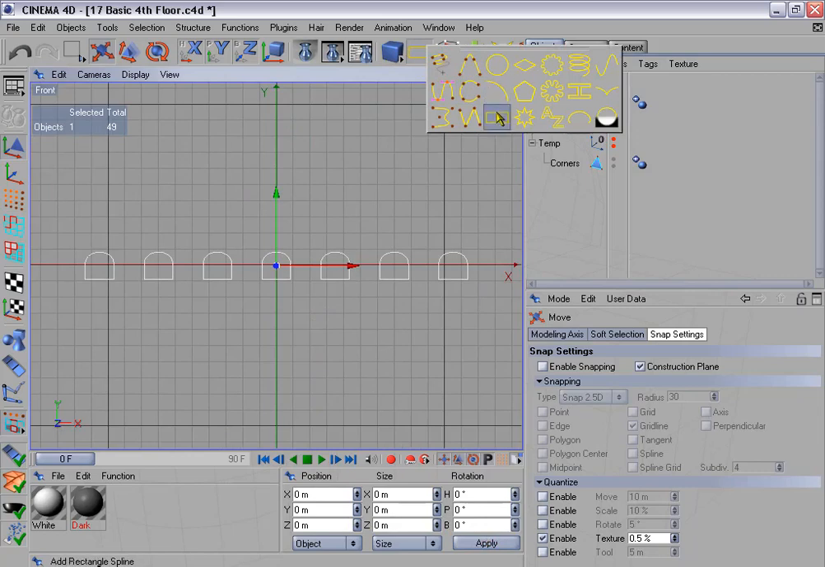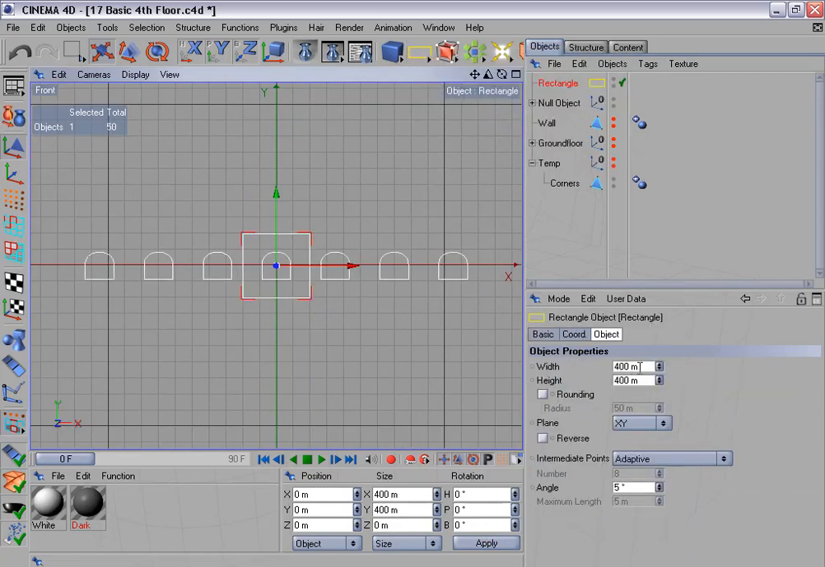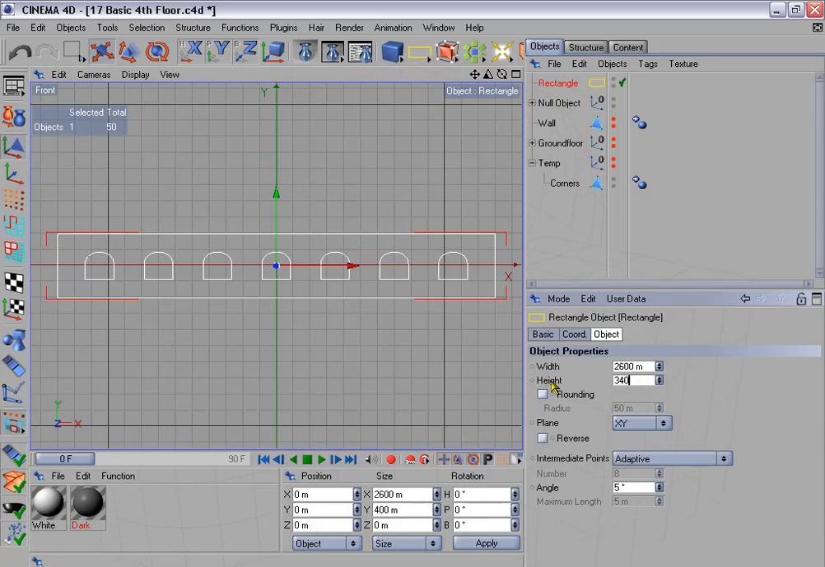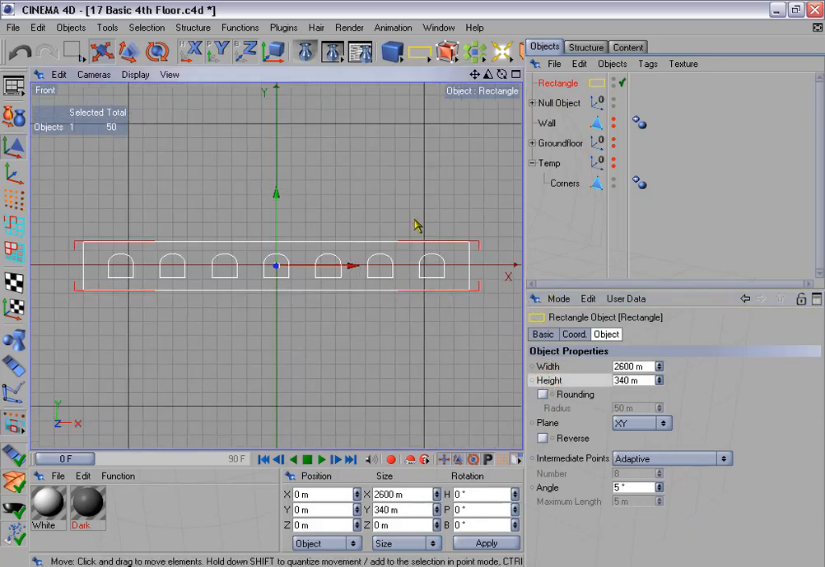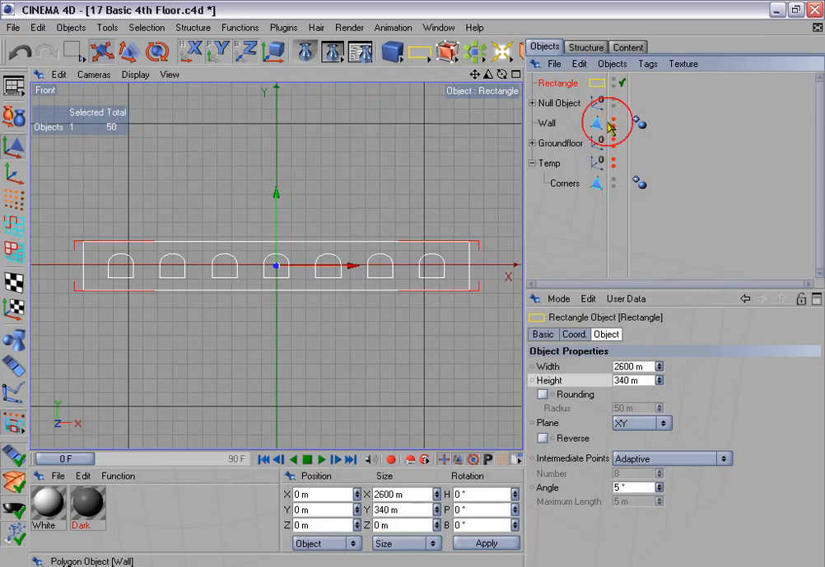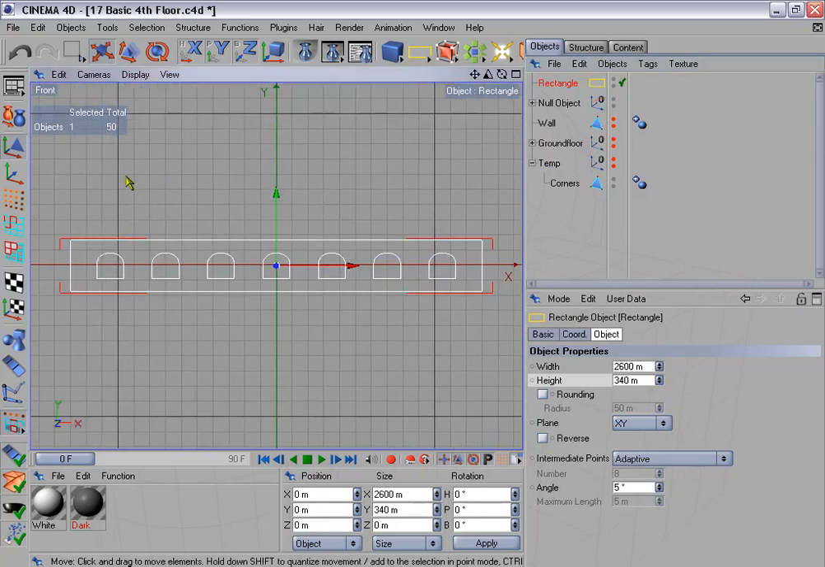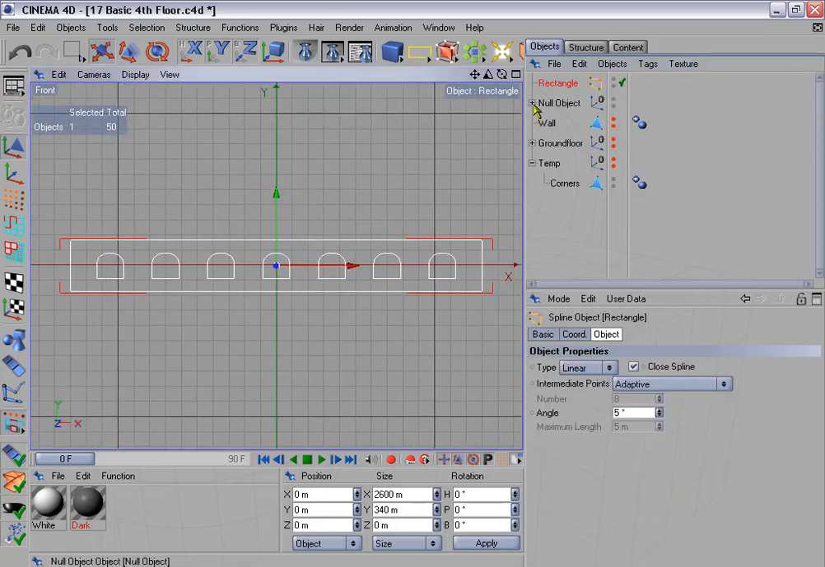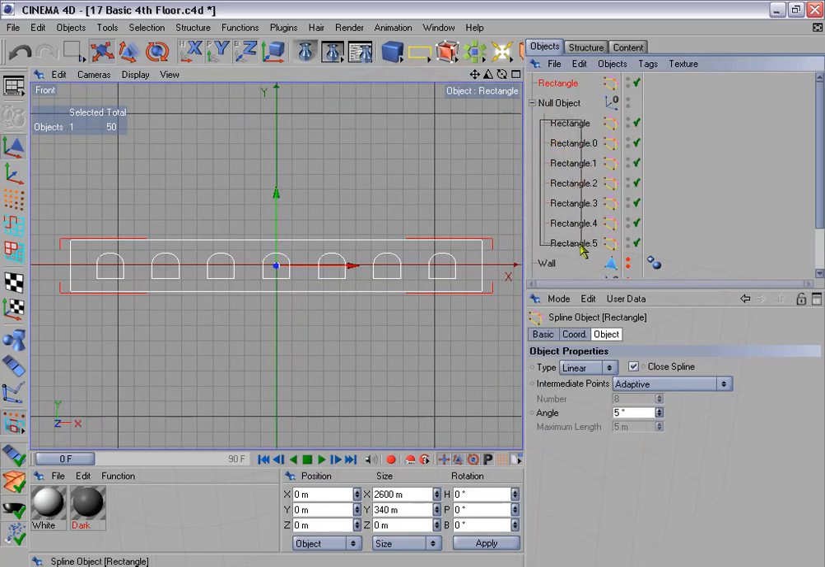Next, let's create another rectangle spline for the wall. I'm going to make this 2600 by 340 units, and this is the same height as the height of each of these floors on this wall here. Okay, now let's make this wall spline editable, and I'm going to connect the wall spline and the window splines,